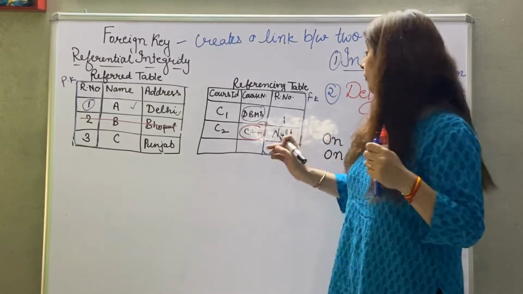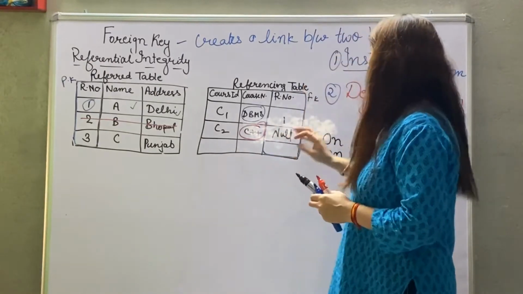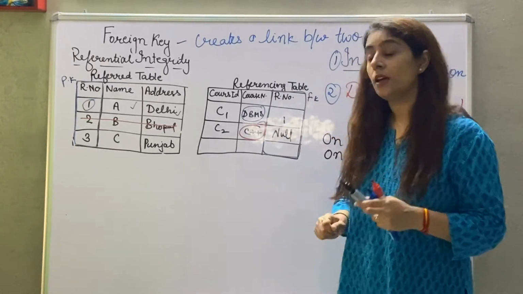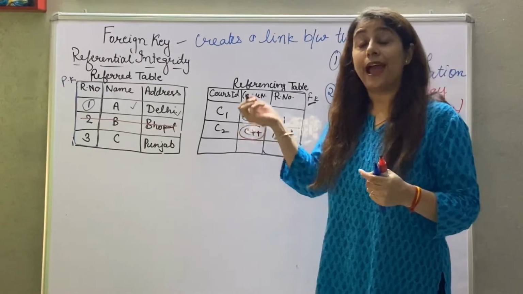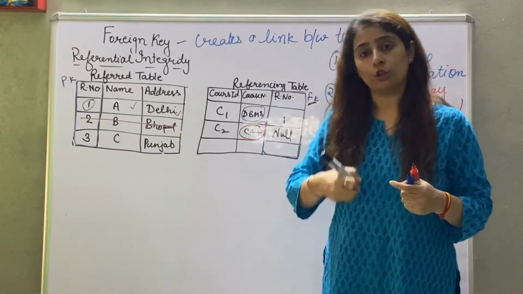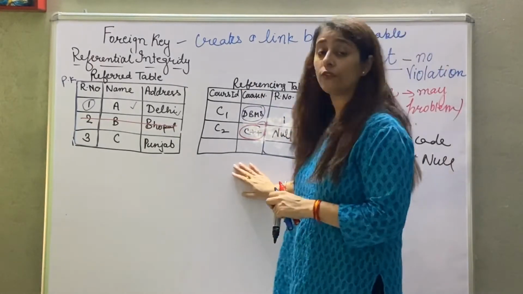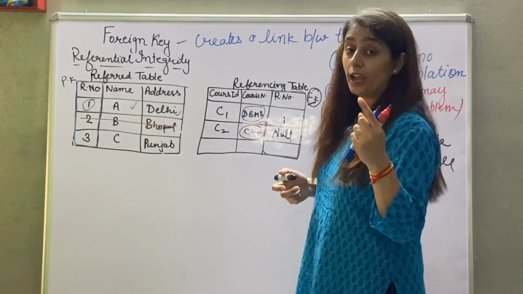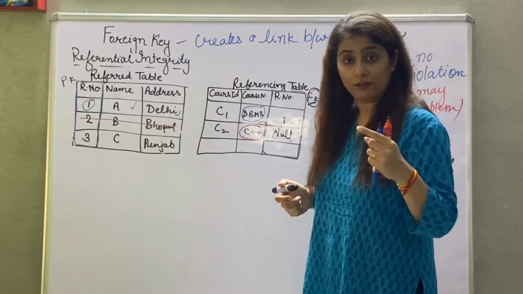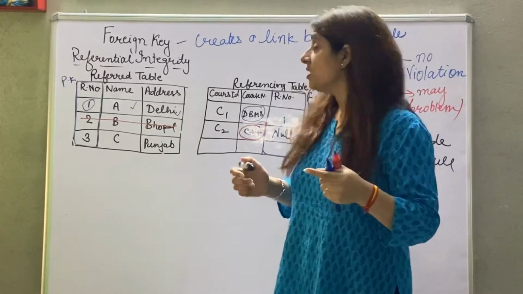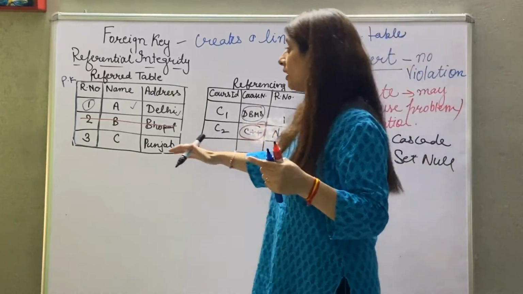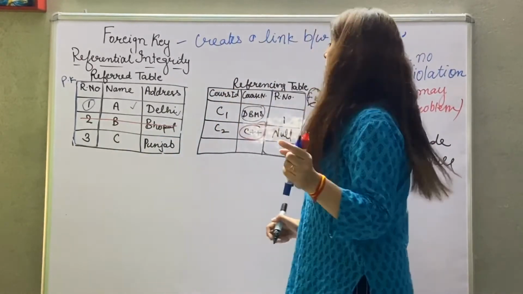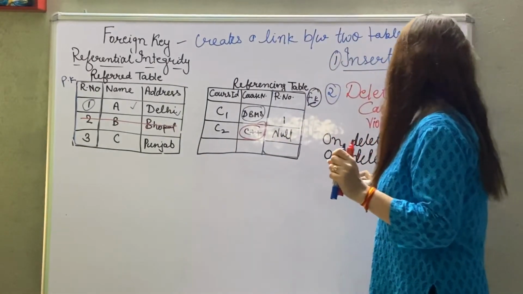But in some cases there is also one problem. If you set null, here it is acting like a foreign key, but sometimes it acts like a primary key also in the same table, but here it is not working like that. So we have to take care of all these solutions. While inserting, there is no problem when we are inserting the entries in the base table. Clear?